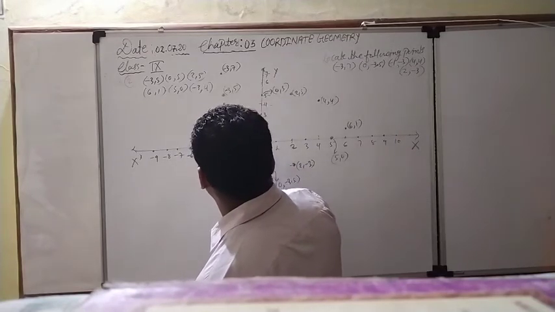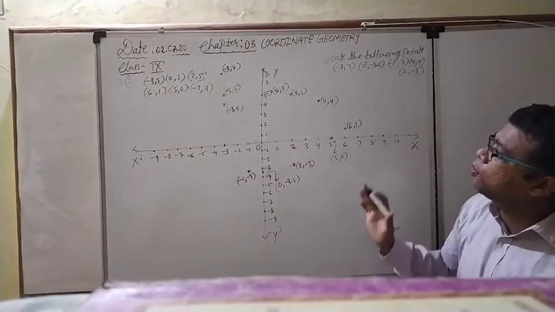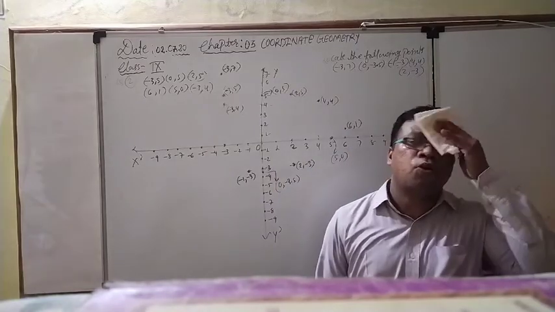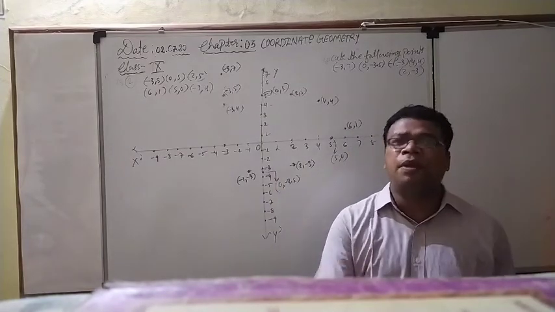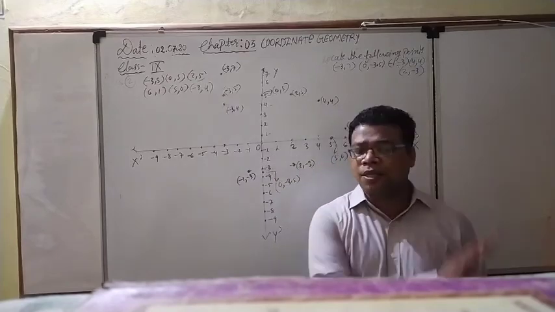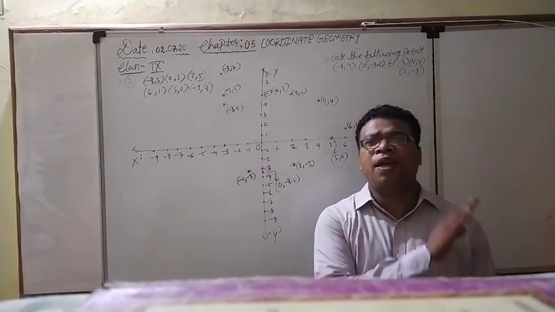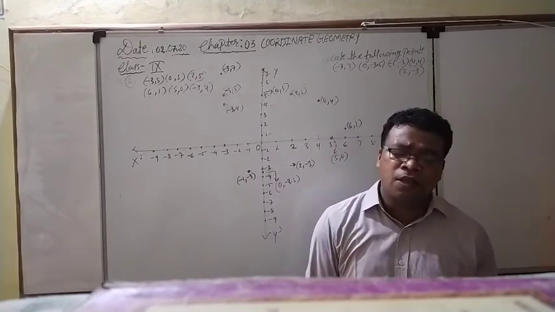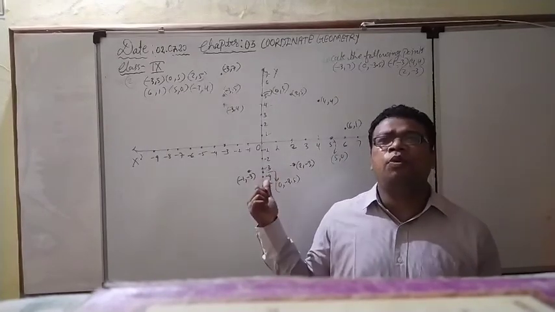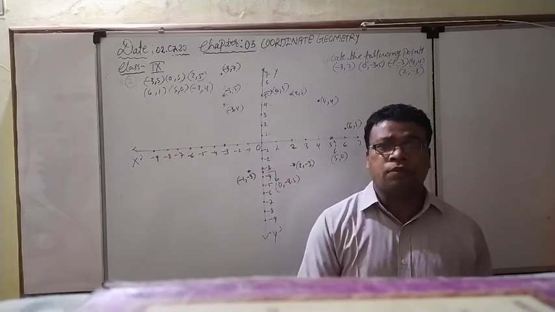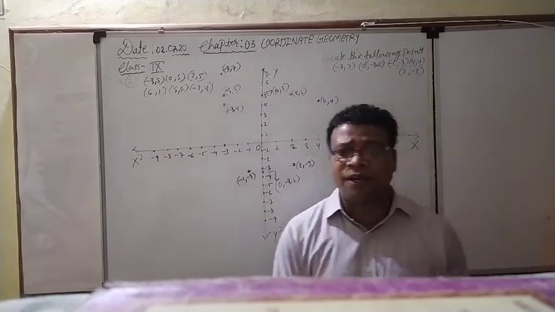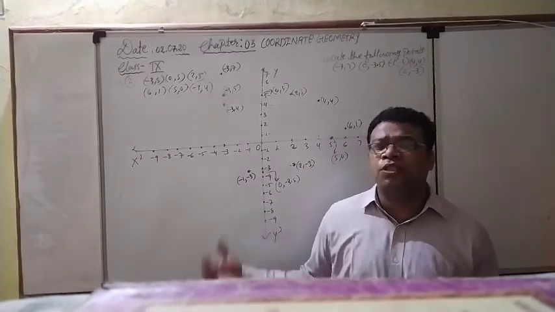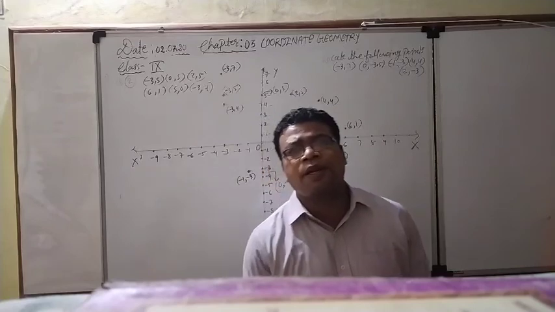Right now, if the things are not looking nicely, no problem at all. But I think you have understood well, and that was the main motto behind it. Right now, see, things are very much clear. Coordinate geometry, very easy topic. Nothing, all the things you have studied already in the 8th class. So nothing you have to do. It is going to be the bonus chapter for you. Without revision, only you have to work a little in the theory portion, and after that questions are far easier. So you have to practice, no problem at all.